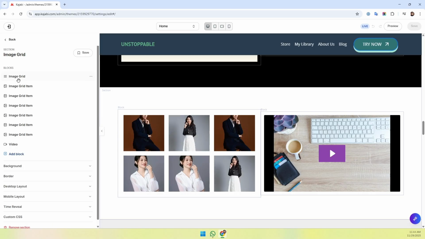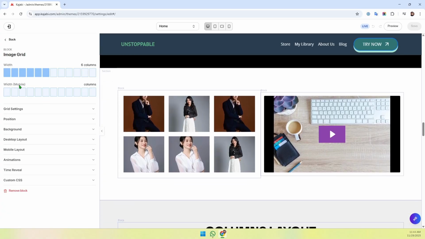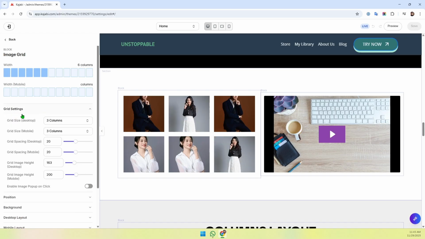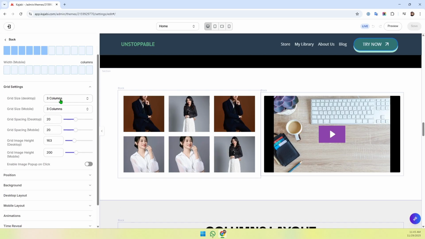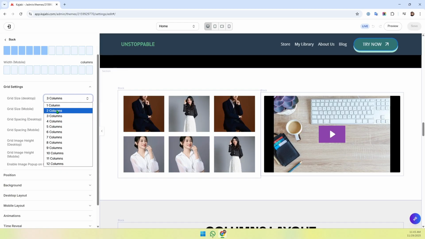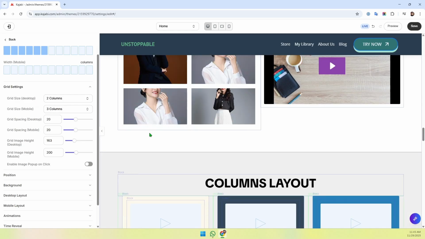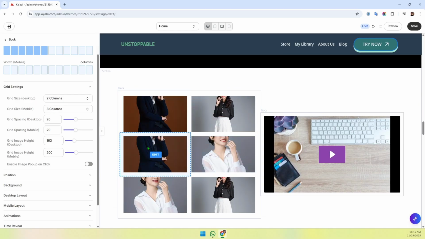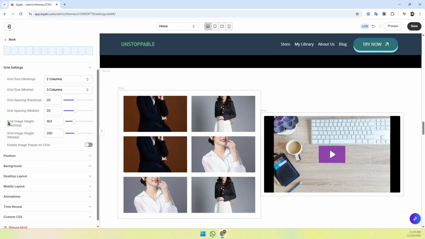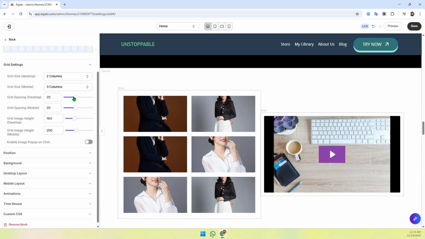Okay. So to edit the grid settings, you need to go to the image grid and you can see the column options. So currently this is six columns for the desktop and this is the grid setting. On the grid setting, we have a few items. We can change this to something else like this one. So you can see the grid is now two columns